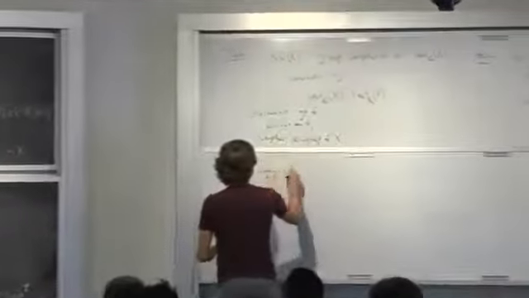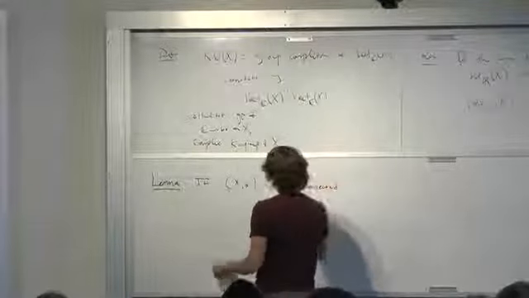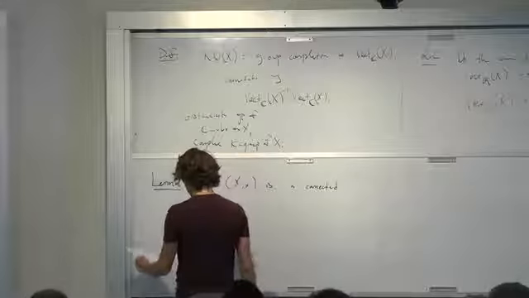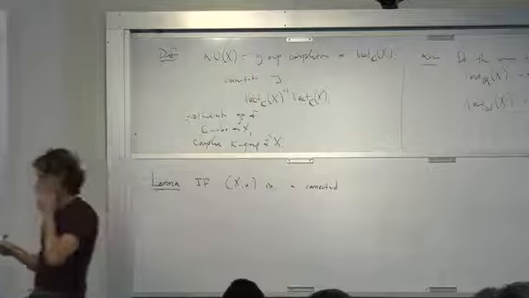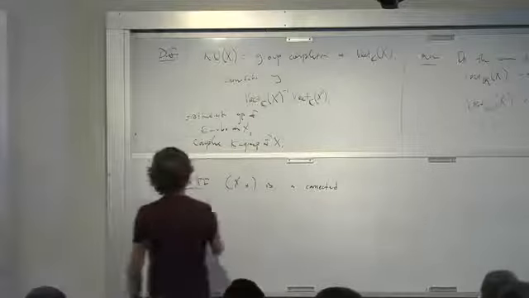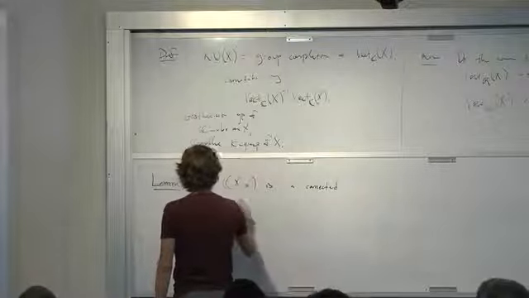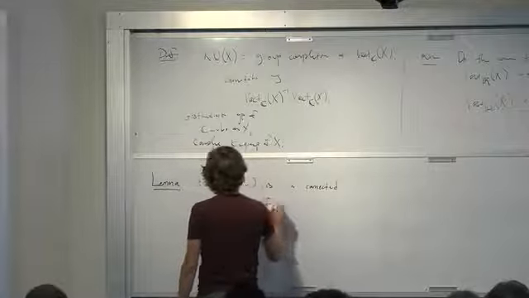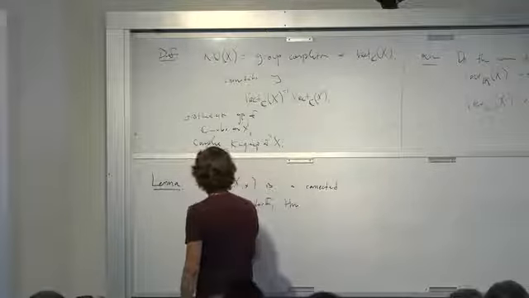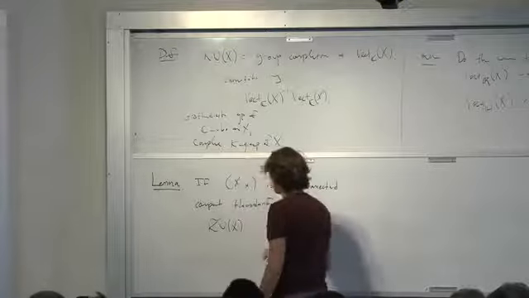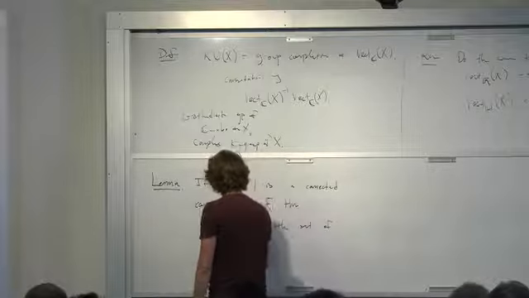So if (X, x) is a connected nice space, a compact Hausdorff space, or finite CW complex, or something like that, then I can compute KU tilde of X in a different way, as the set of equivalence classes